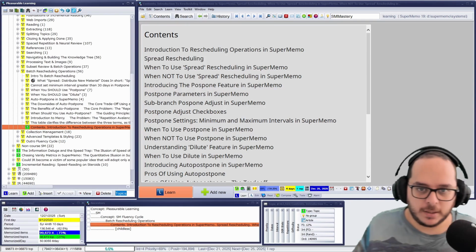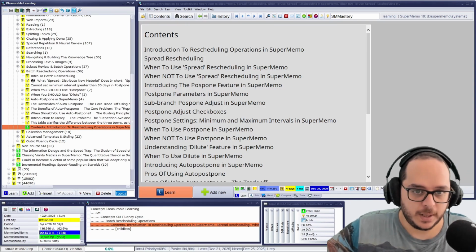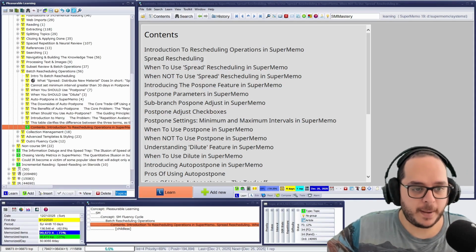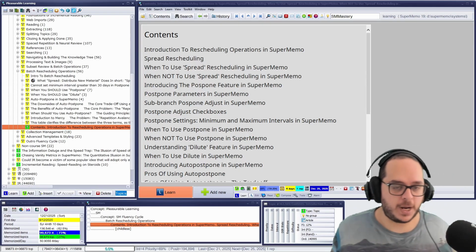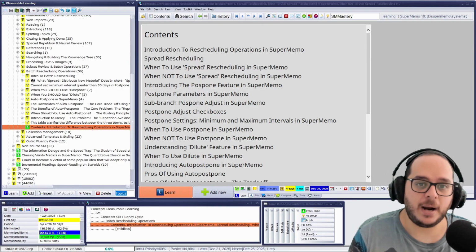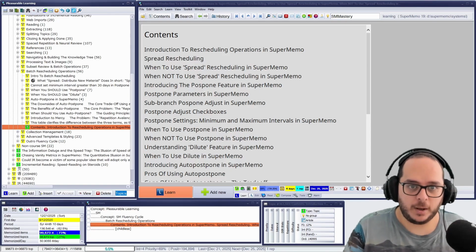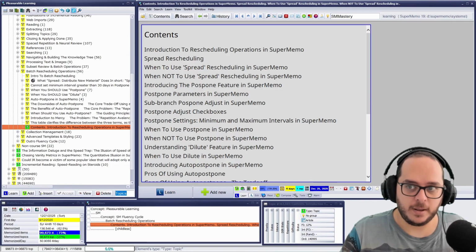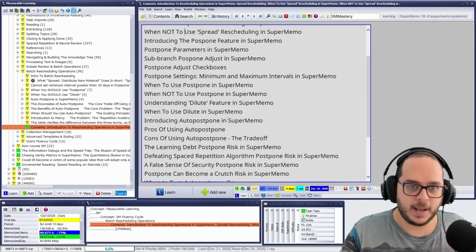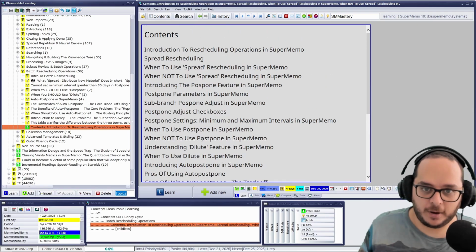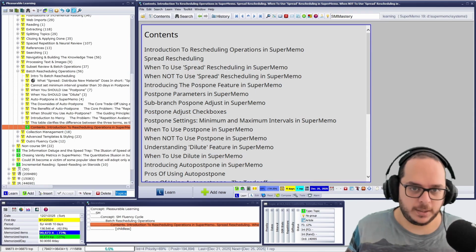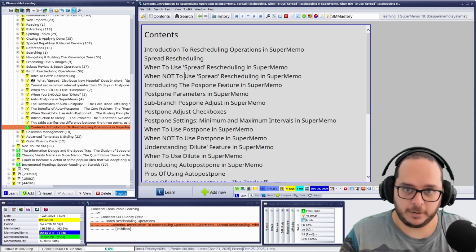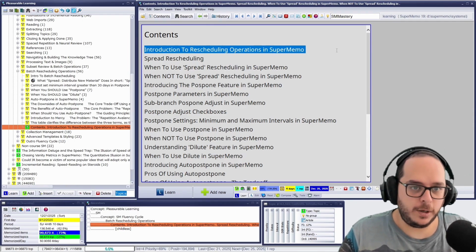Incremental routines. This is the 25th section of the Pleasurable Guide to SuperMemo, the Fluency cycle, and is dedicated to batch rescheduling operations. There are many. Do you see the scroll bar for the contents? That is just a tiny selection of what you can do. So what we will see in this section is the introduction, and we'll continue with the